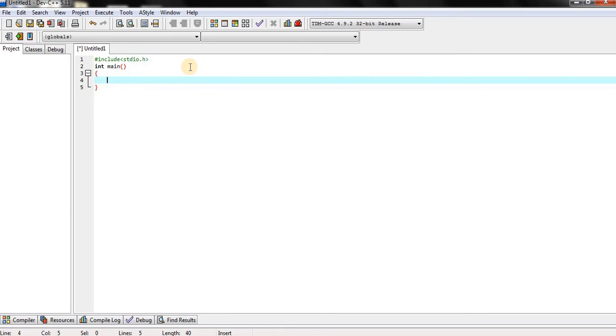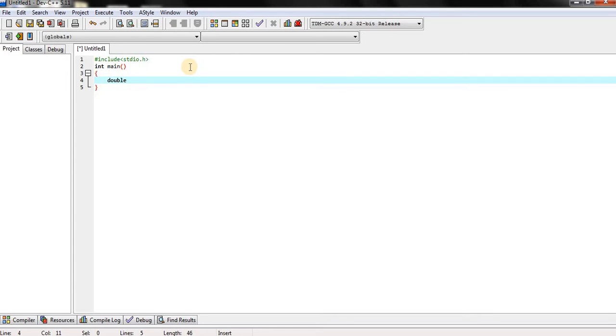First is the variable declaration. You have to declare the variables. Our program is multiplying two floating point numbers, so here I am taking the variable declaration with the double data type.